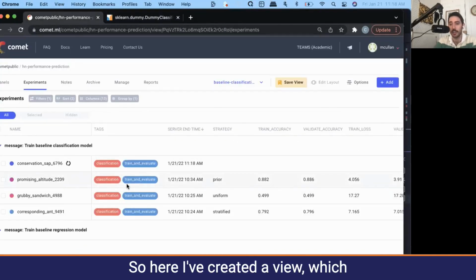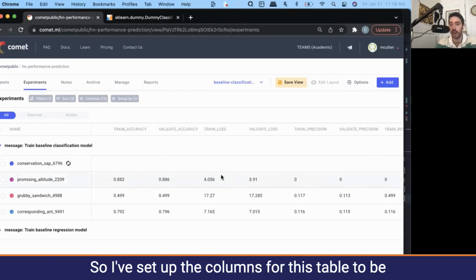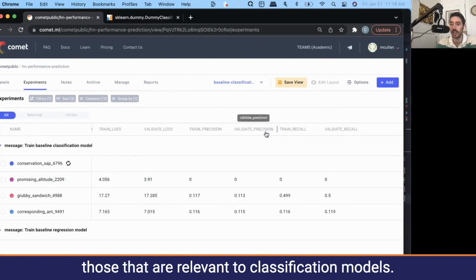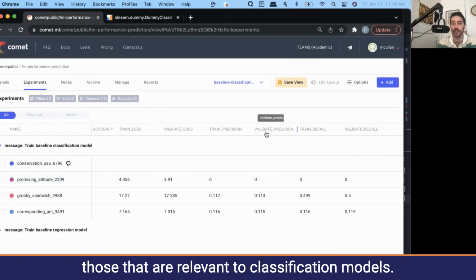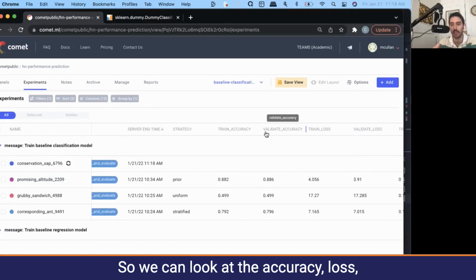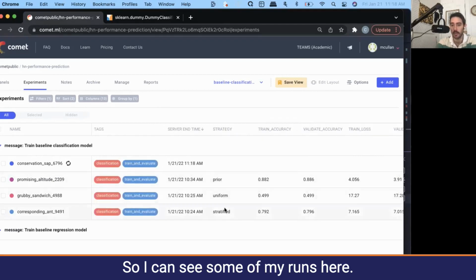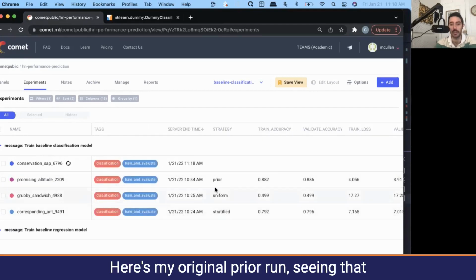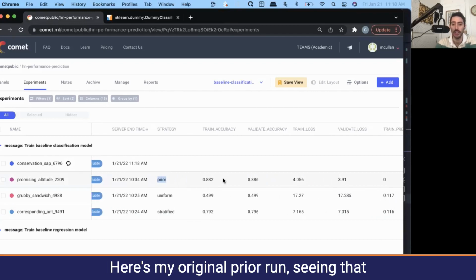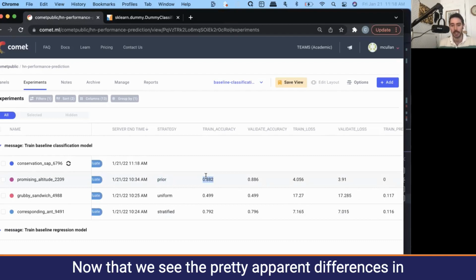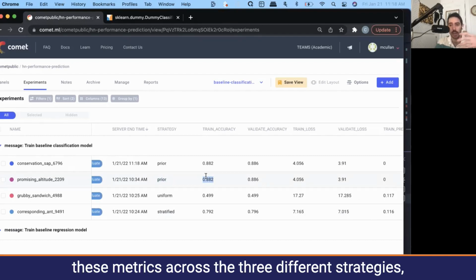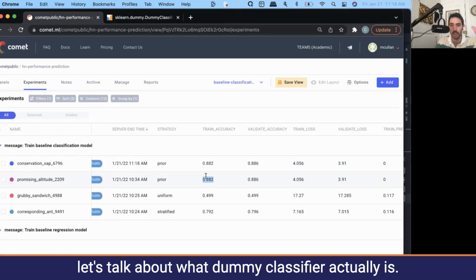So here I've created a view, which I've called baseline classification. I've set up the columns for this table to be those that are relevant to classification models. So we can look at the accuracy, loss, precision, and recall, and so forth. I can see some of my runs here. Here's my original prior run, seeing that we get an accuracy of a little over 88%. Now that we see the pretty apparent differences in these metrics across the 3 different strategies, let's talk about what